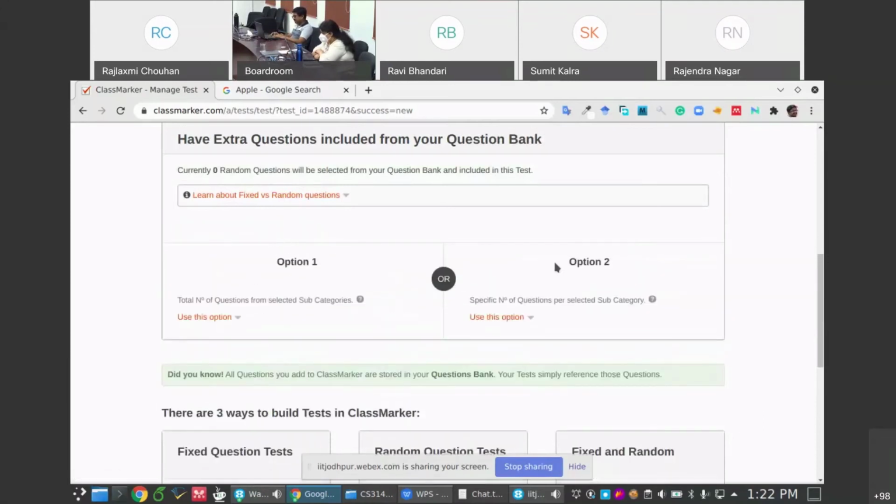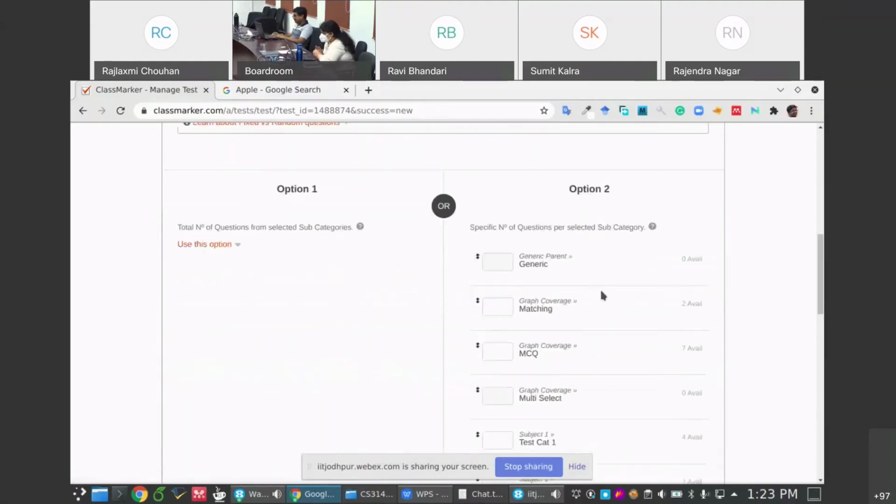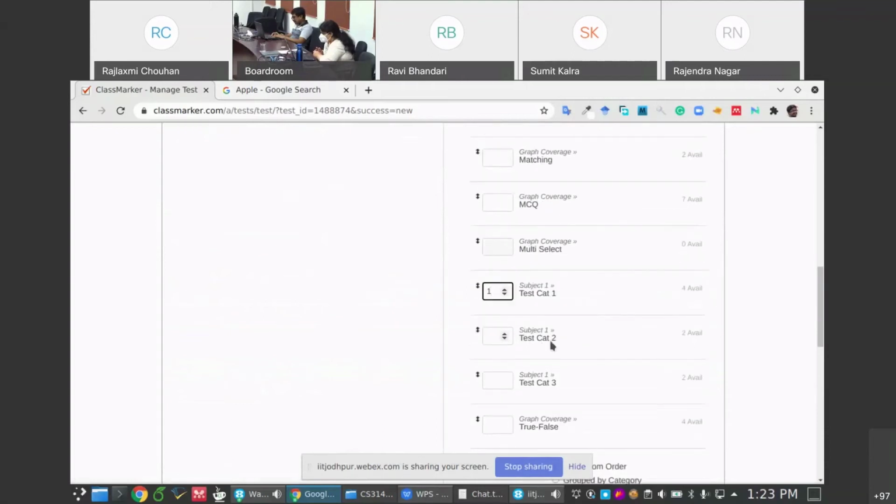You have two options. You can fix the total number of questions coming from different subcategories, or you can fix it category wise. If I use category wise, I have test category 1, and I want only one question to come from there. I have test category 2, and I want one question to come from there.